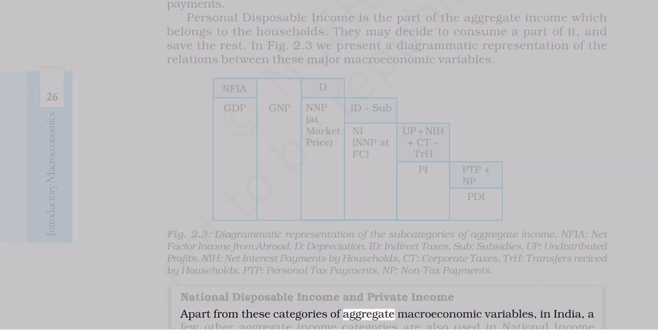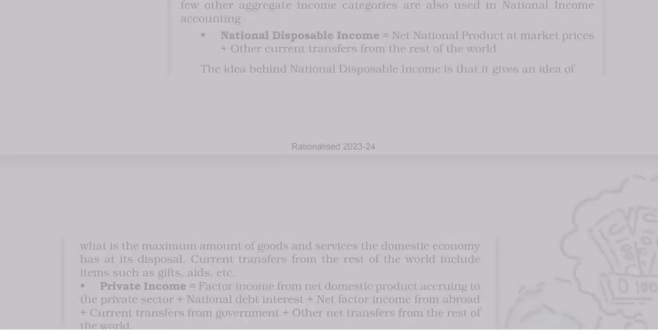Apart from these categories of aggregate macroeconomic variables, in India, a few other aggregate income categories are also used in national income accounting. National disposable income equals net national product at market prices plus other current transfers from the rest of the world. The idea behind national disposable income is that it gives an idea of